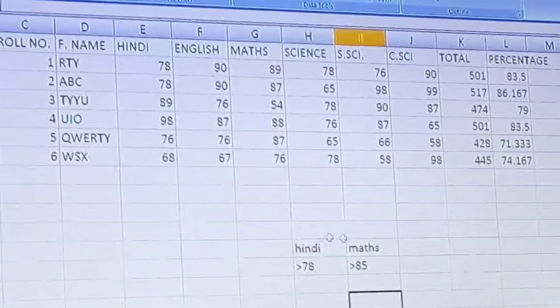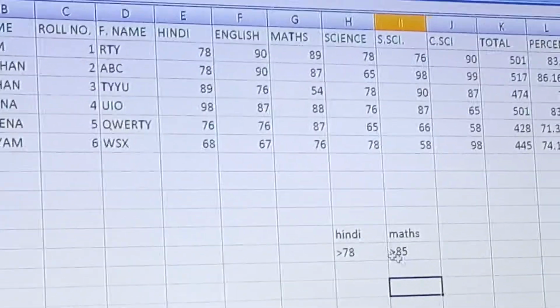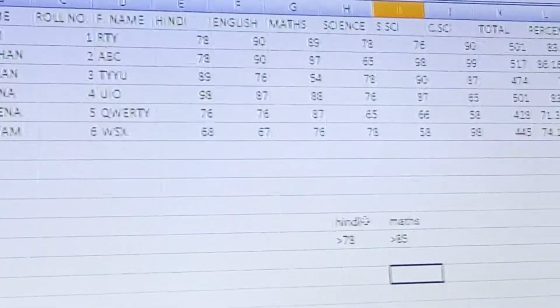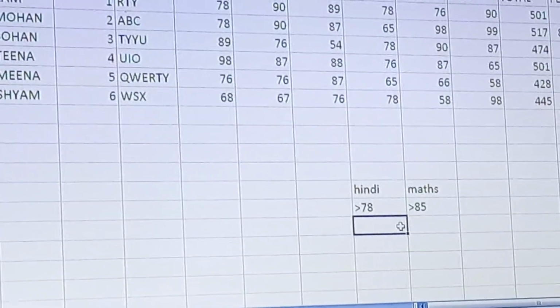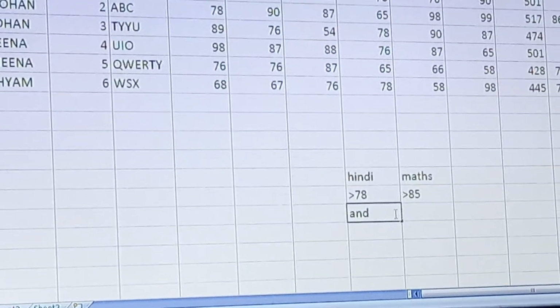Now this type of condition is known as an AND type of condition. It shows the condition is marks greater than 78 and it shows the clause AND.